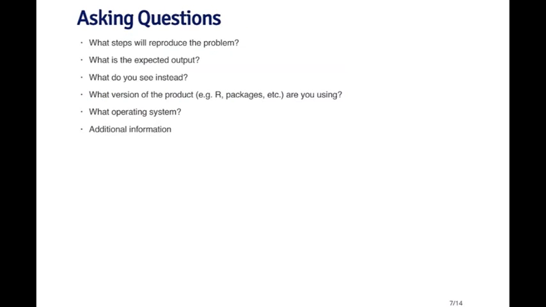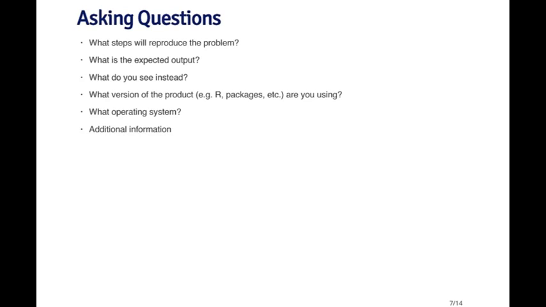So when you ask a question on a mailing list, assuming that Google wasn't able to help you out, if you're going to ask a question on the discussion board or on the mailing list, there are a couple of things that you need to think about before you ask that question. First, is it possible to reproduce your problem? If someone else can reproduce your problem, it makes it a lot easier for that other person to figure out what the solution is going to be. And so if you can provide some code or a very simple example that will reproduce your problem, this will be enormously useful to everyone else involved.